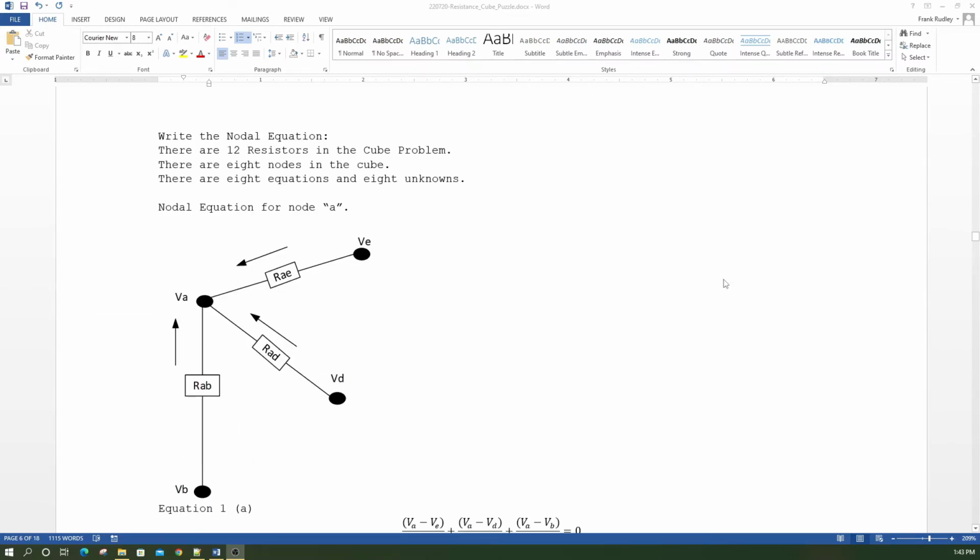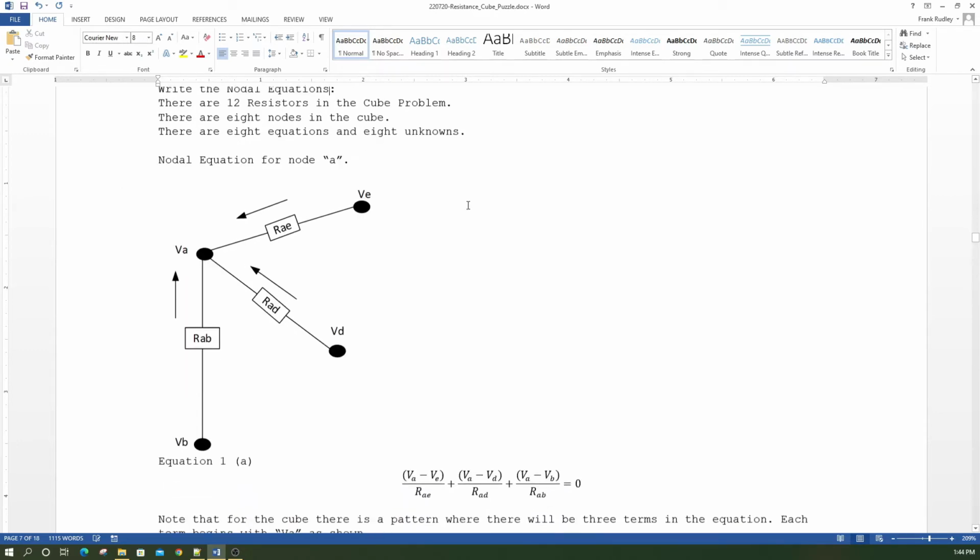So anyway, the first part is write the nodal equations. There are 12 resistors in the cube problem. There are 8 nodes in the cube. There are 8 equations and 8 unknowns. So here's an example of